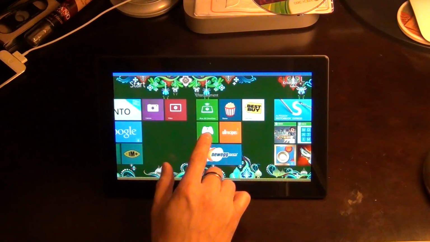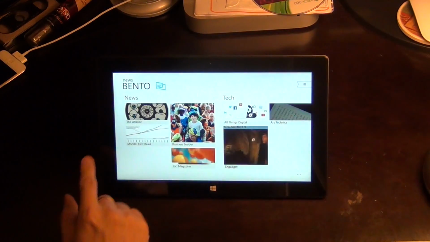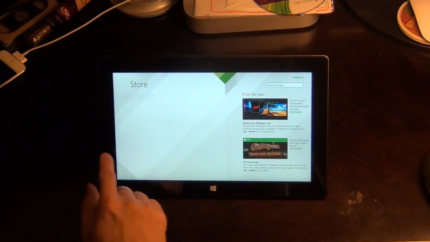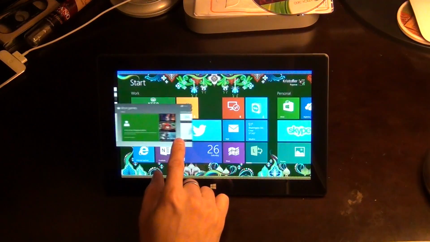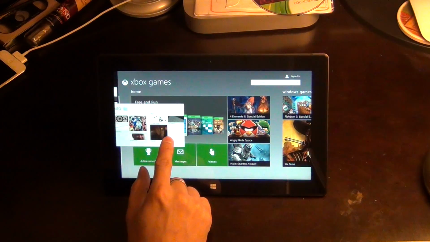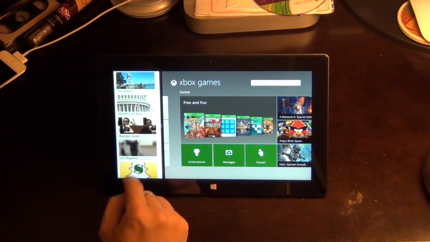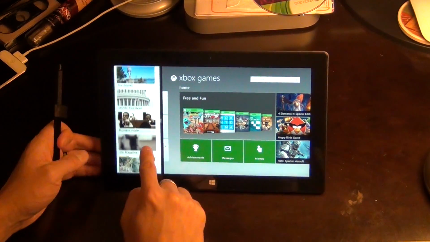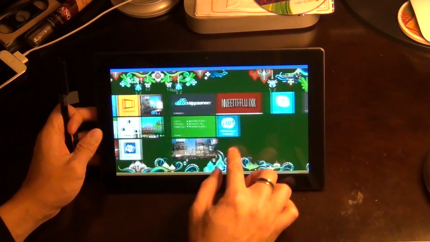Let's see, and games. So you can swipe like this, right, to switch between apps. So pick an app, and then you can take another app and drag it over to your left, so you can have your news here. Anyway, I actually